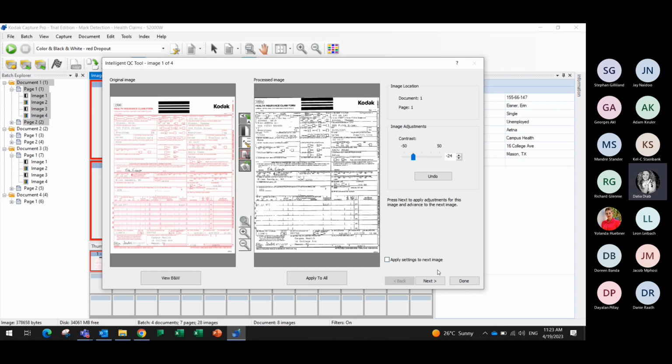Or actually we choose this option as well. So this is the intelligent quality control. It is based on the same technology that we have in the scanner, which is the perfect page. And it is something that we can control manually here in the application, or we can choose to apply it in the page setup that can help us automatically do enhancement on the images, let's say on auto import,